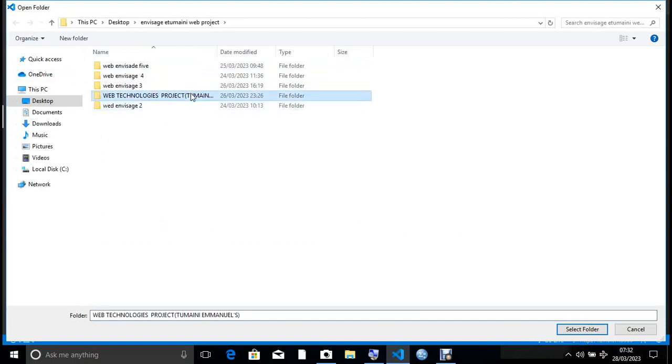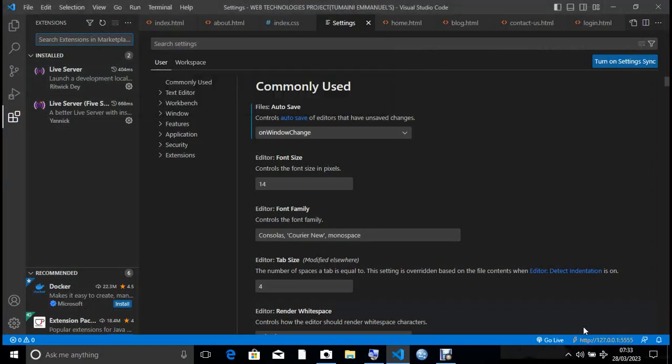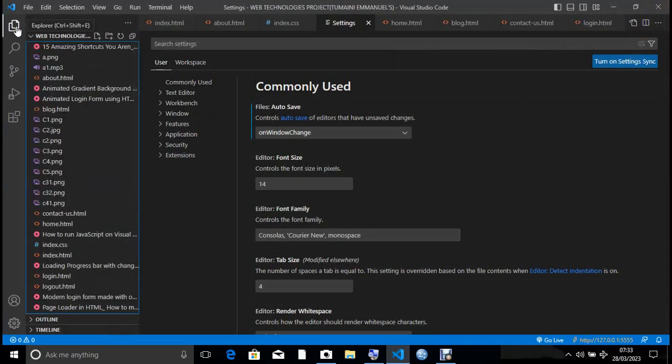You come, click on it, select it. Then at the bottom here, we have select folder. Then you select the folder, and then it will open. It will open. For example, in my folder, I had put